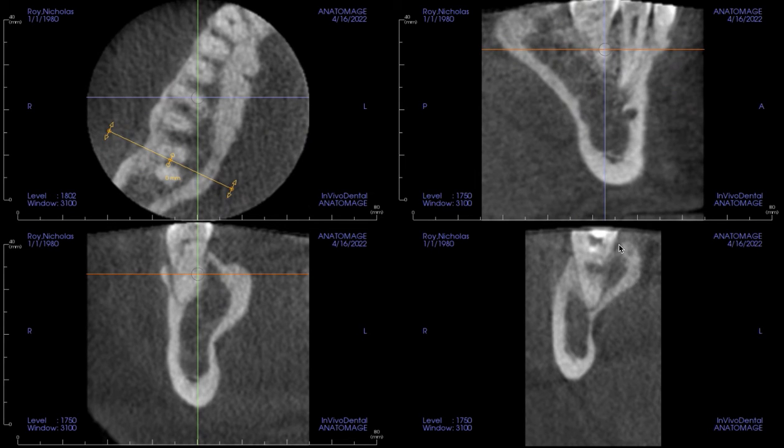This torus is just causing issues. Matter of fact, I might have whoever the doctor is do an entire removal of the tori. I have airway problems, and I have no doubt it's because I have so much bone pushing my tongue out of the oral vault. With that said, I need to get this resolved first. So,